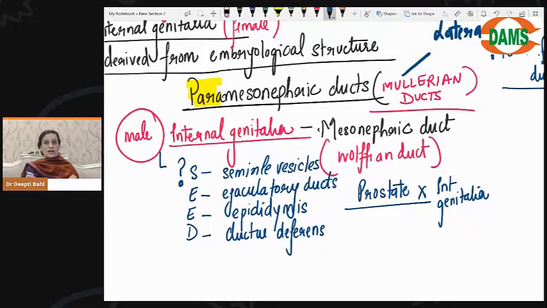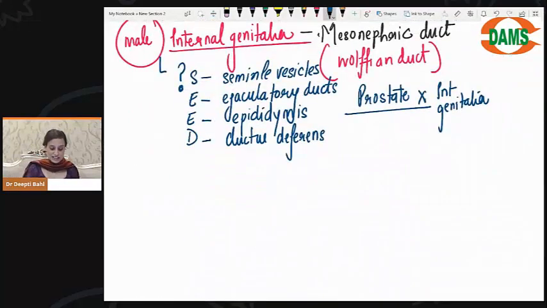Now, something very important that you have to know is that this concept of male and female comes a little later in embryologic life. Initially, when there is fertilization, a conceptus is formed, and it is undifferentiated for quite some time. This differentiation into male and female happens a little later, which means that if it is an early conceptus,